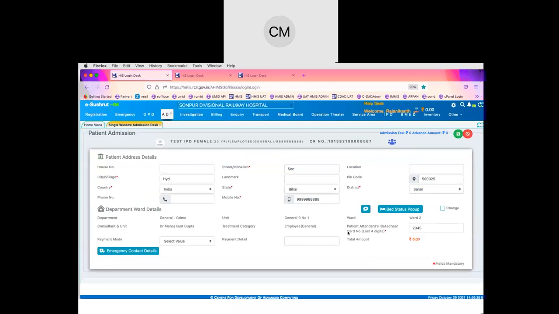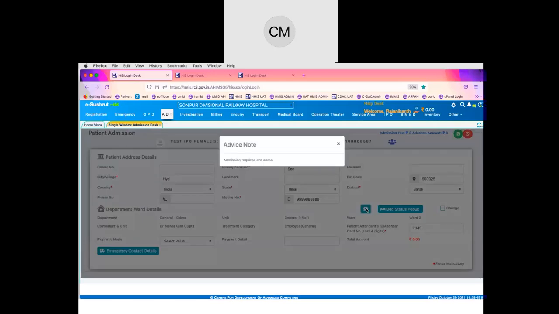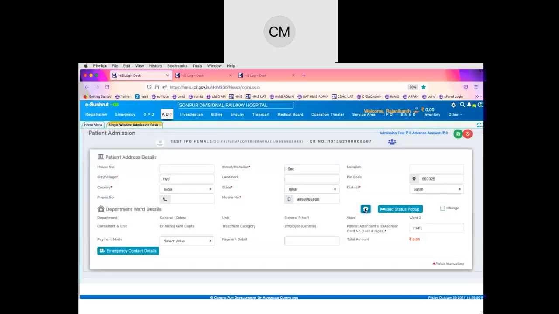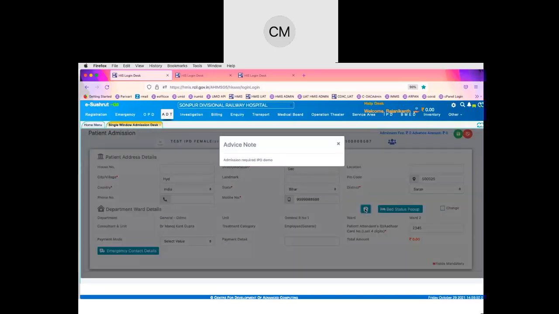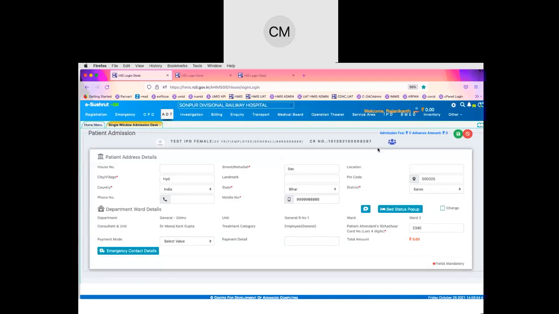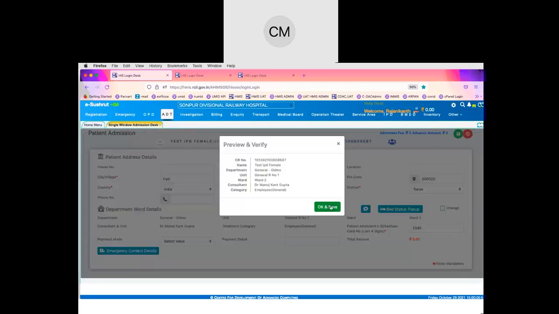The doctor might give an offline advice, or in case of emergency, the nurse can take the advice of the doctor and enter the details here. That's the only difference. We can also see the advice note given by the doctor in the message icon, and after that, the nurse can accept the case here.